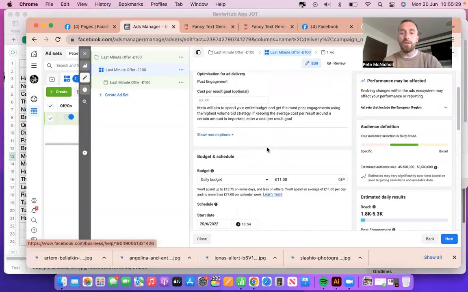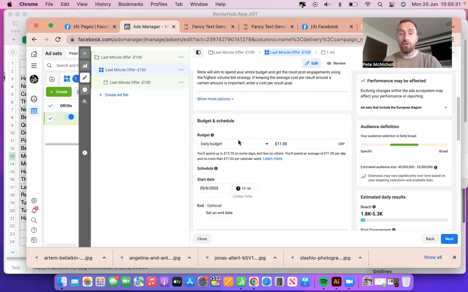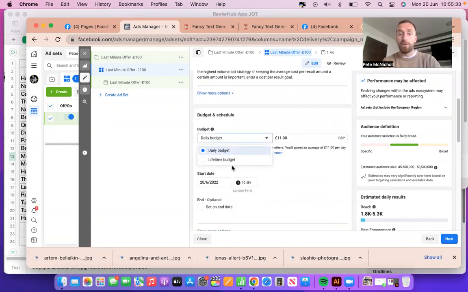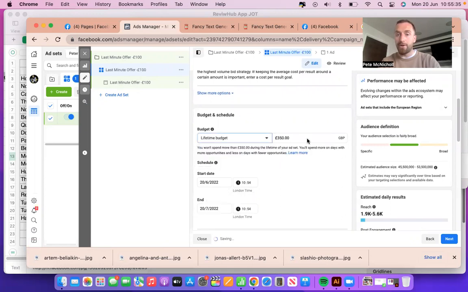So folks, I want you to scroll on down to what your budget's going to be. Now you're going to spend your lifetime budget. It's going to run over the whole course that you have this on offer. So we're going to spend £100 over the next 14 days, as it's within a 2-week period we're trying to push. So if I scroll down here,